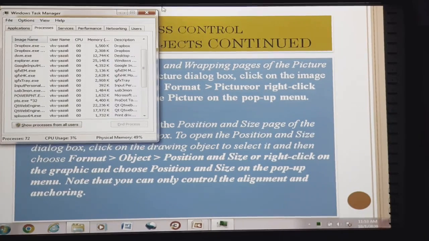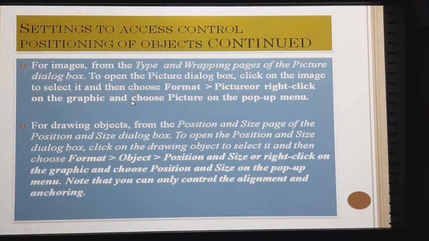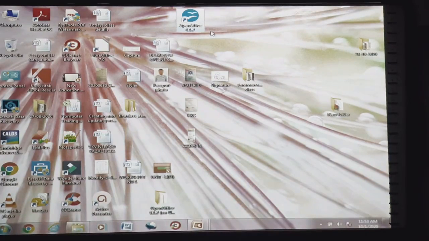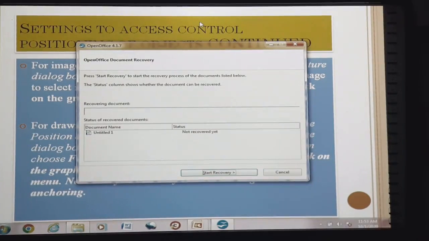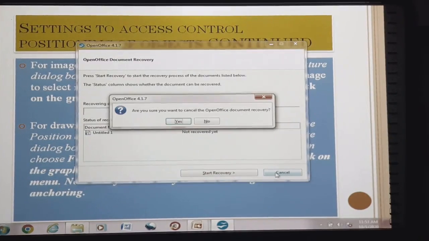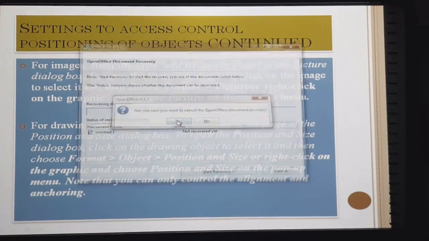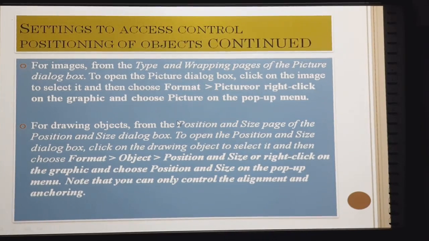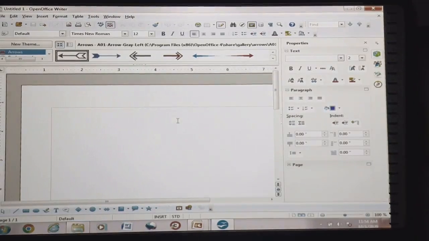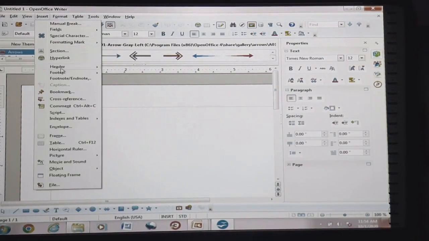Okay, so I have closed it. Just once again I am going to open it, since it was showing some error, that is, the JDK library has not been installed. So first of all, picture.